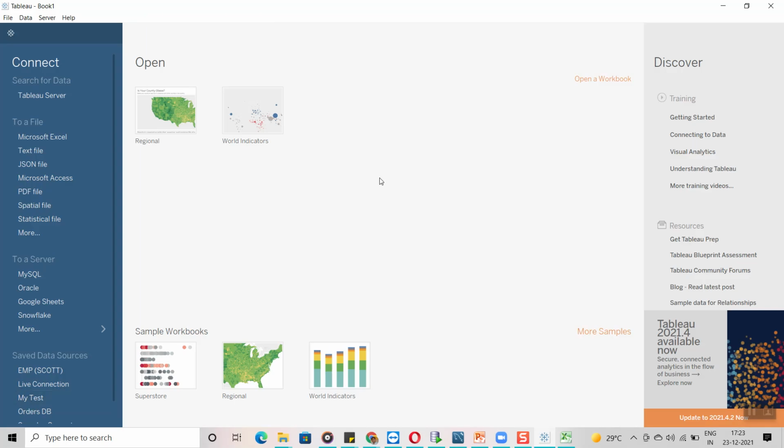Okay, now here I'm going to connect to the, okay, simple thing. First I will show you guys how to connect different databases. I am going to show MySQL, Oracle, and Snowflake. If you want, I can show you Google Sheets as well. Okay, Google Drive. Okay, first we will see the Oracle database. Oracle is familiar to everyone, right? See guys,